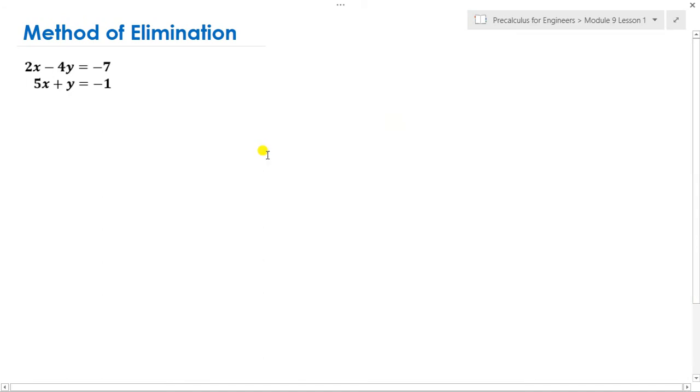So we're now moving on to the method of elimination. This is a straightforward method. Unlike substitution, in elimination we eliminate one variable, and then we solve for the remaining variable, which is just one. After that, we substitute into either of these two equations in order to solve again for the unknown variable